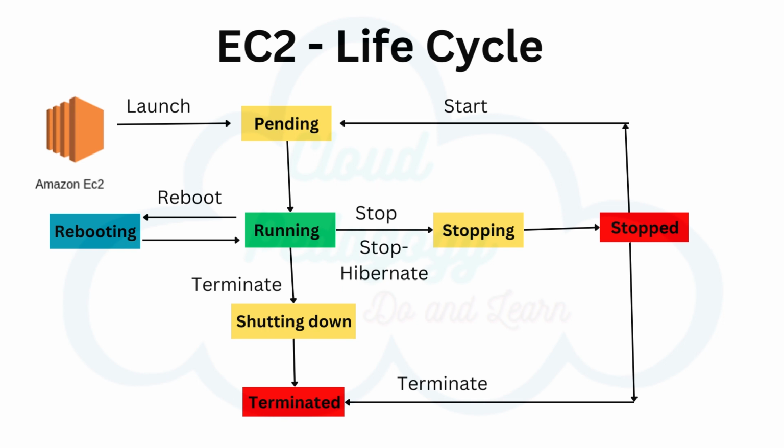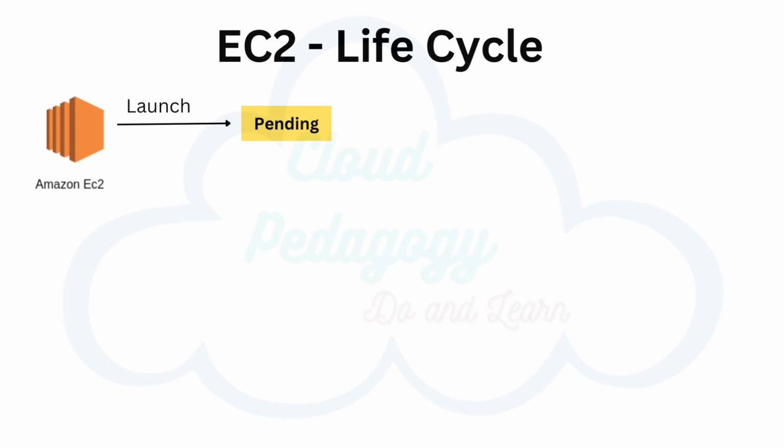An Amazon EC2 instance transitions through different states from the moment you launch it through its termination. You launch an EC2 instance from an AMI, as you learned in a previous lesson. Once the EC2 instance is launched, it enters a pending state. This state is essentially your virtual machine booting up. Once the instance is ready for use, it enters the running state. In the running state, you will be charged for the EC2 instance.